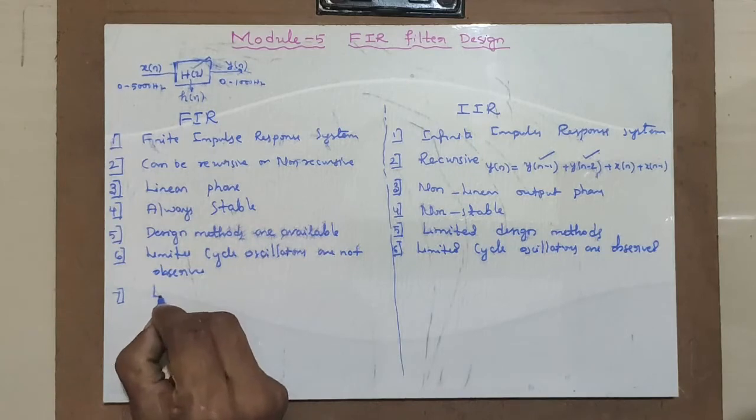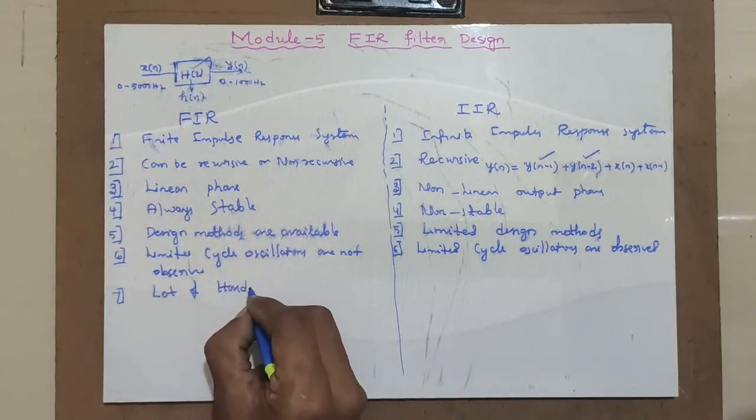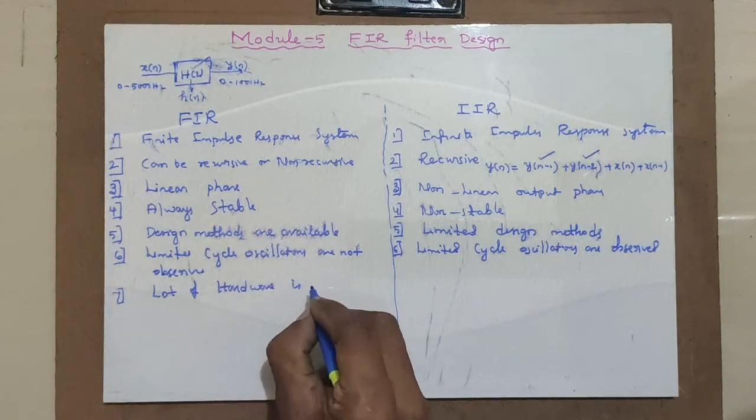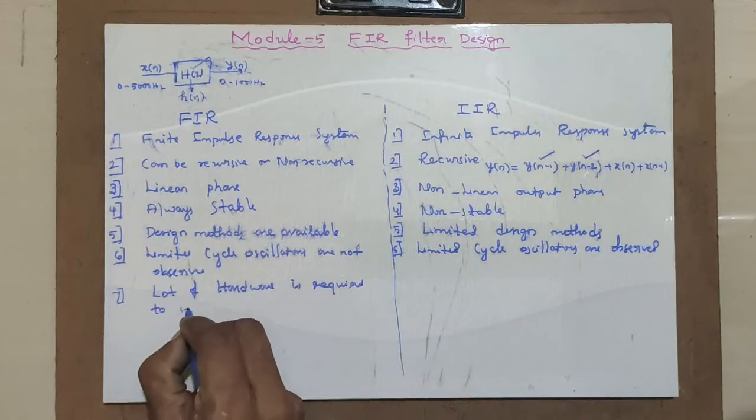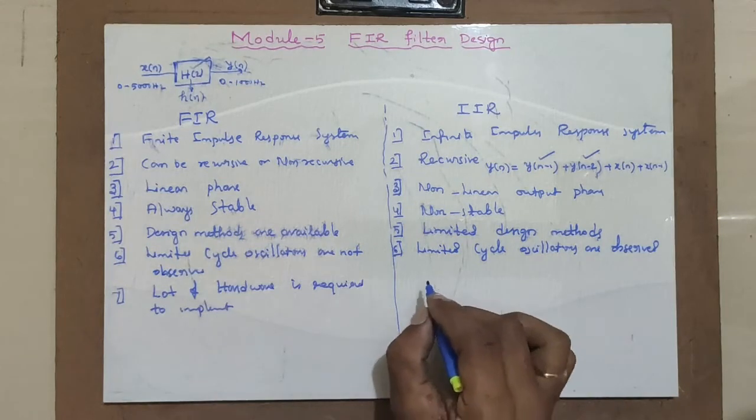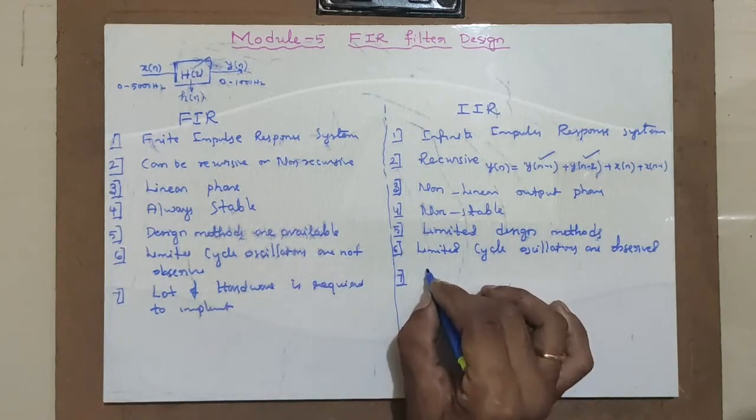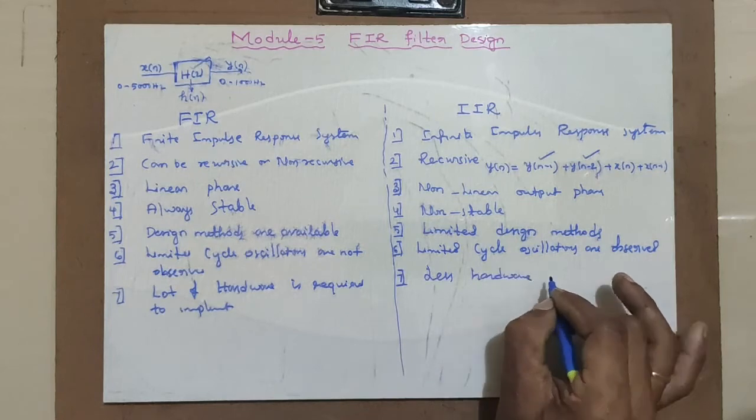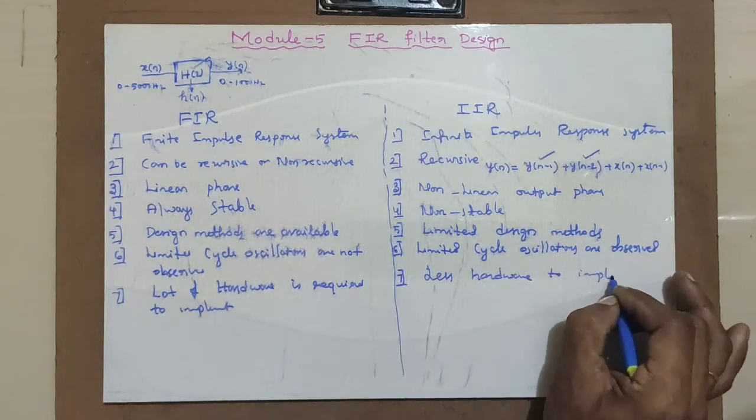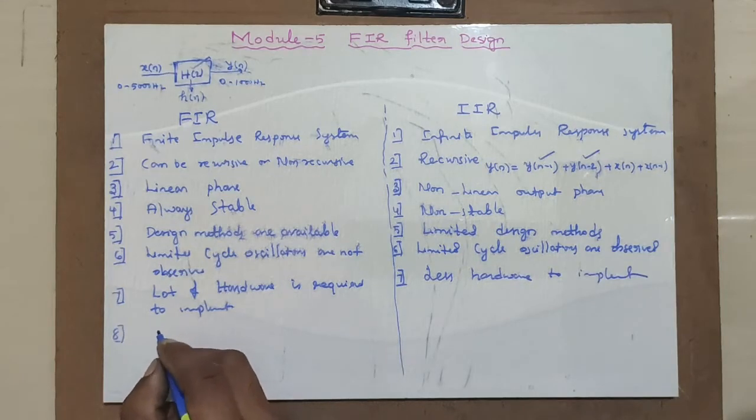A lot of hardware is required to implement. Now compare with FIR, IIR needs less hardware to implement. Okay, and the eighth is generally we saw a lot of memory